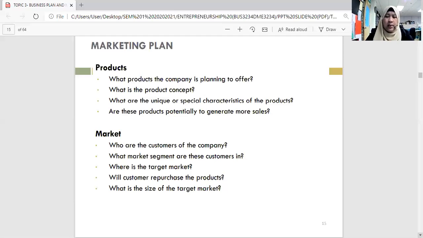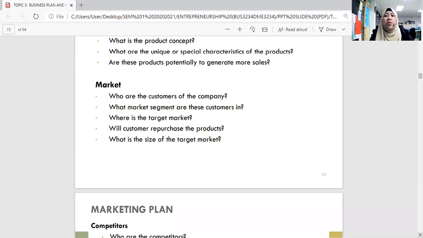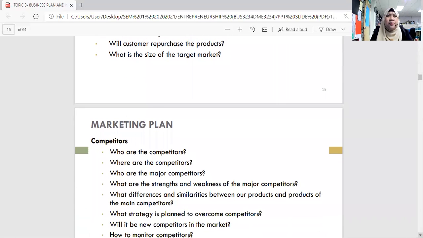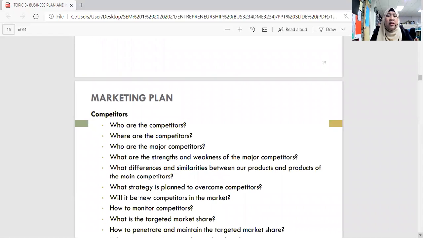And like in Malaysia, we can actually calculate on the statistics. You can Google the statistics of the population size of people living in Kuala Lumpur. Let's say like in IIC, we are located at Selayang, like Batu Cave, specifically in the Batu Cave area, how many people are living here. So I believe in Indonesia, you also can do that. From that, you can know whether the size is small, middle, or a very big capital of the target market.